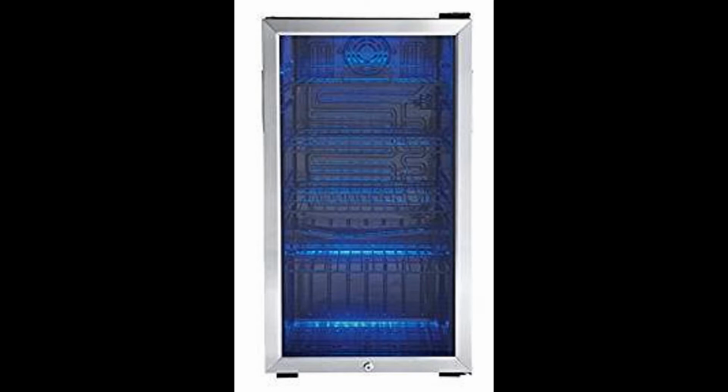Offering 3.3 cubic feet of storage space, this Danby cooler can accommodate up to 120 cans. Organizing drinks is easy with the stylish and practical interior shelves made of black wire. The tempered glass door blocks out ultraviolet rays, which keeps the drinks cool and enhances the appliance's aesthetic with its stainless steel trim. A mechanical thermostat incorporates the latest technology, letting you program cooling temperatures from 43 degrees Fahrenheit to